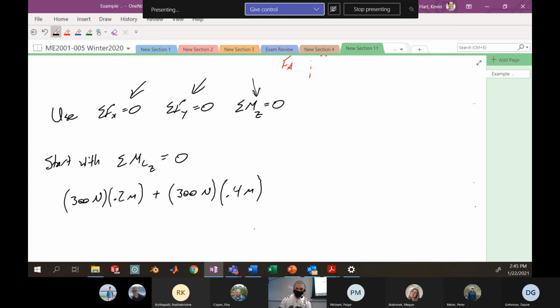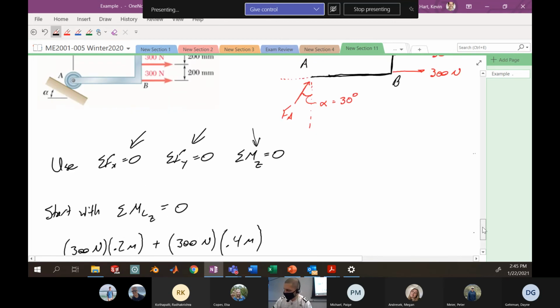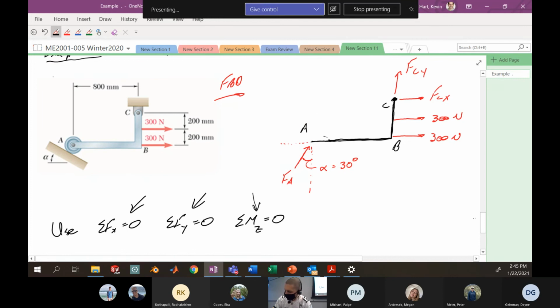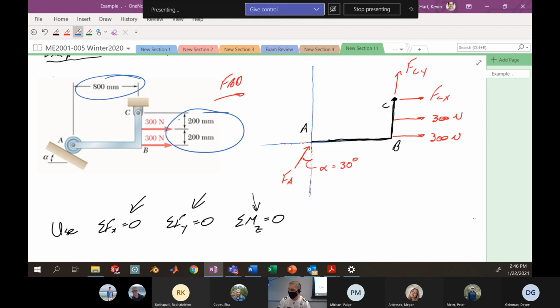All right, now comes the question about what's happening at A. I could do my full-blown cross product for this if I want, but I'm lazy. I don't want to do that. If I think about the line of action of each of the individual components of this force being here and here, and I have those perpendicular distances to those lines of action, 800 millimeters and 400 millimeters, I can make my life easy by just saying something like the force at A